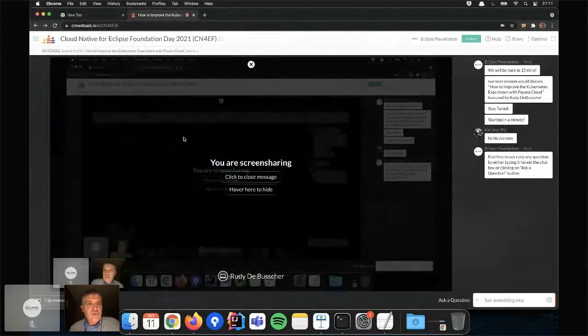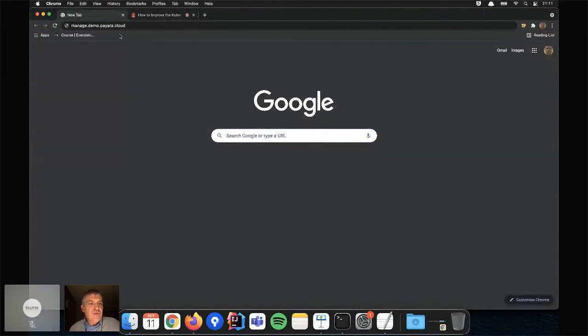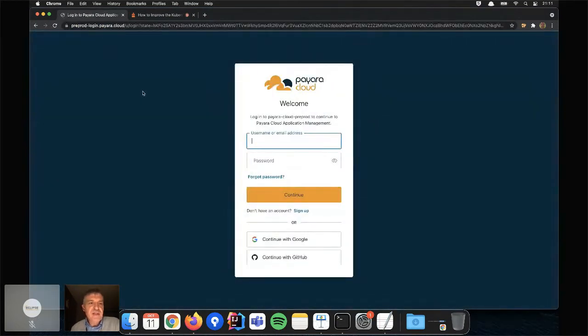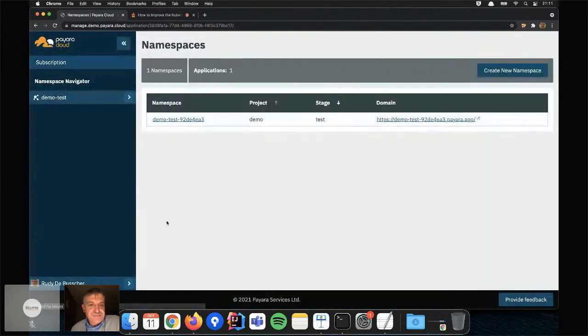And to give you an idea what Payara Cloud can do for you, to deploy easily on the cloud, I'll give you a short demo. First of all, you need an account to log in. I log in here, for instance, with my Google account, and I log into the demo environment where I have created a